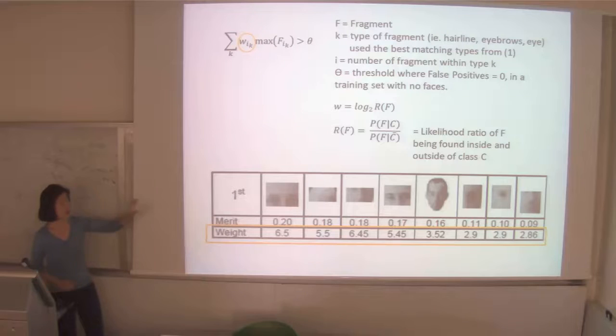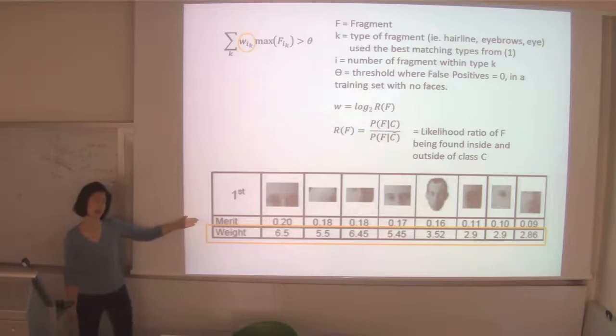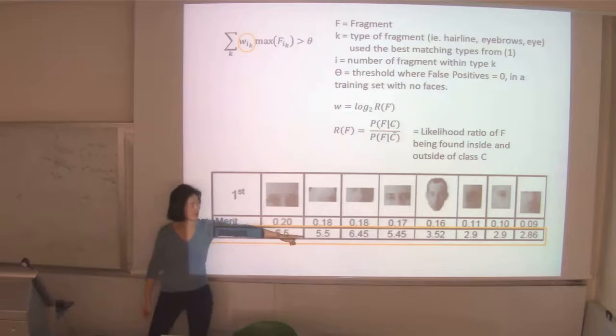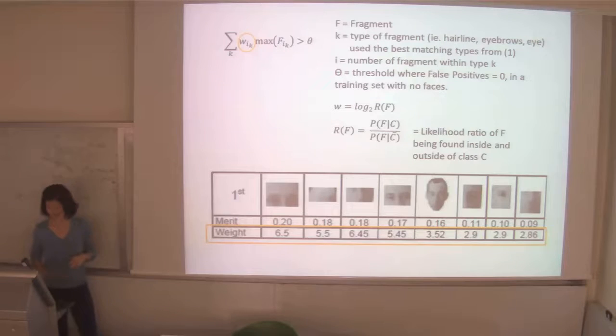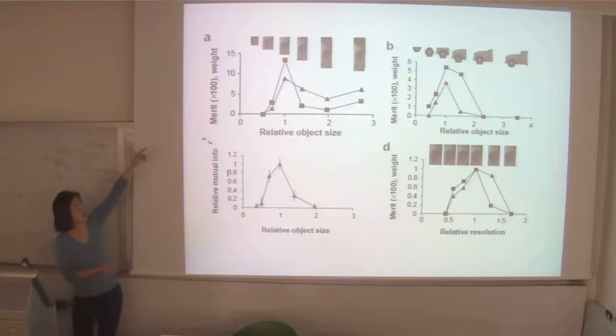And so if you look back at the fragments that they found at first, you notice that the weight doesn't necessarily correlate with merit. So if a fragment has high merit, it doesn't mean that it also has high weight. It correlates, but it's not always exact. So for example, this is 5.5 and that's 6.45, but they have the same merit. So they show this in a couple of graphs, and the square boxes represent merit, and the triangles represent weight, and